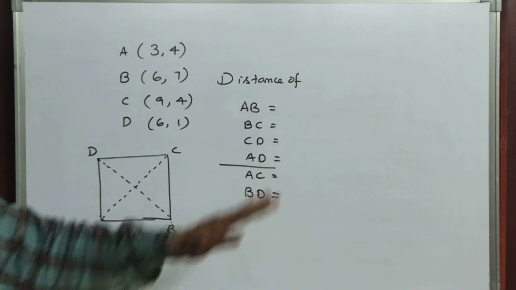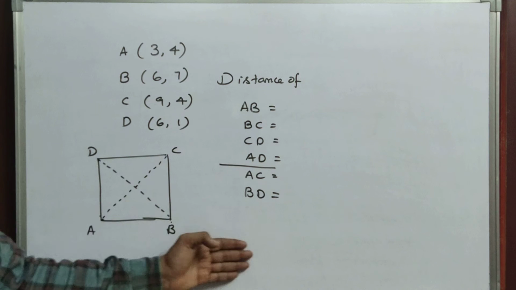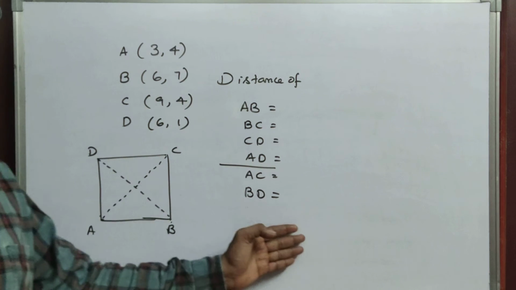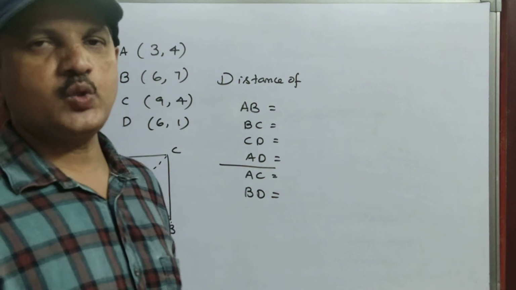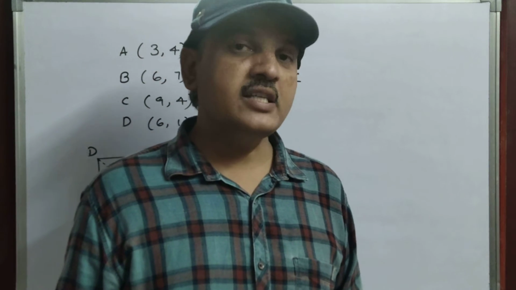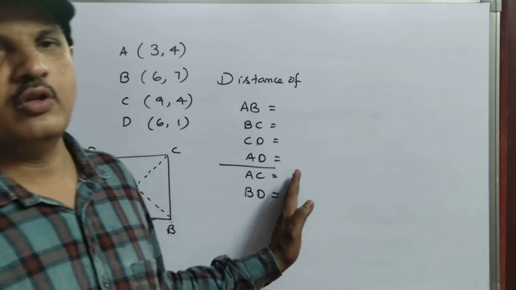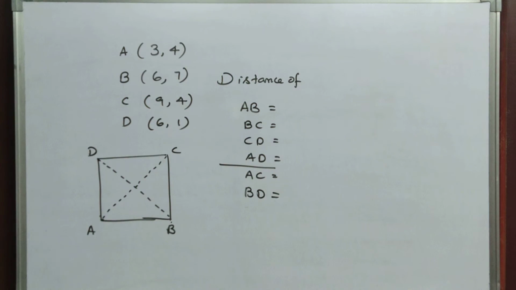So after finding all that, right here, AB equals BC equals CD equals DA and diagonal AC equals diagonal BD. Therefore, ABCD is a square. So Champa is correct. Like that you have to write. So take this one also as homework. Why am I explaining and giving these sums? Because again I have to send the key and everything, which takes a lot of time for you all. So that's why I am explaining and giving the sums.